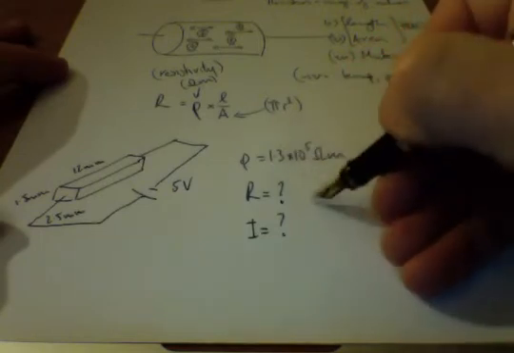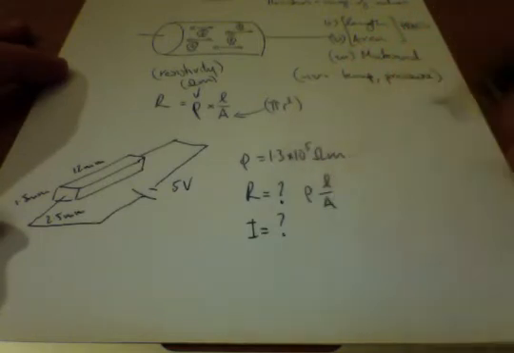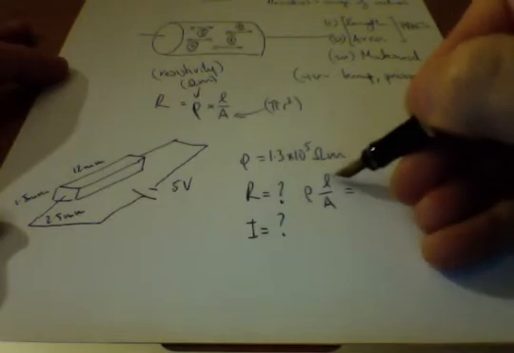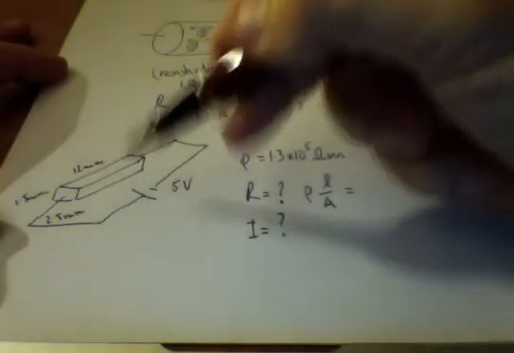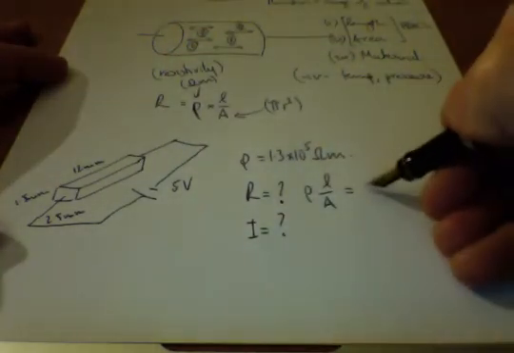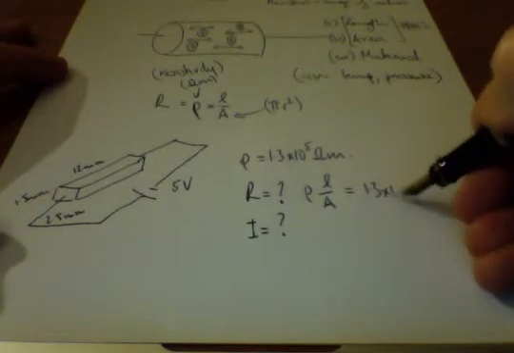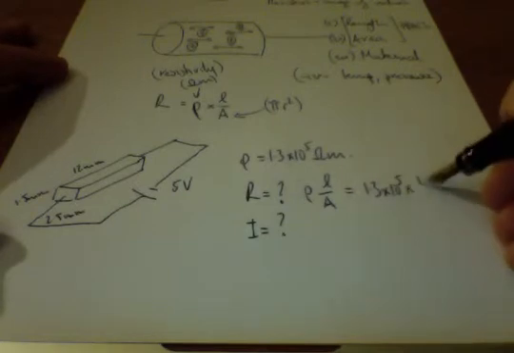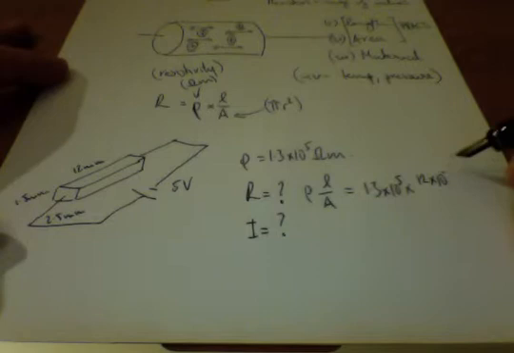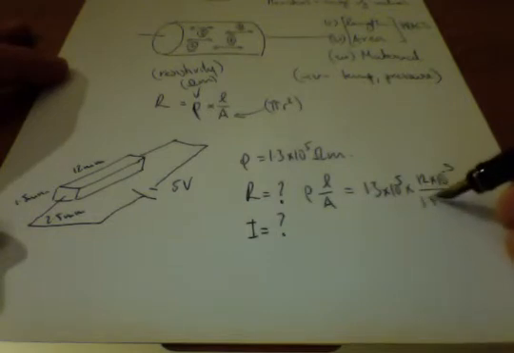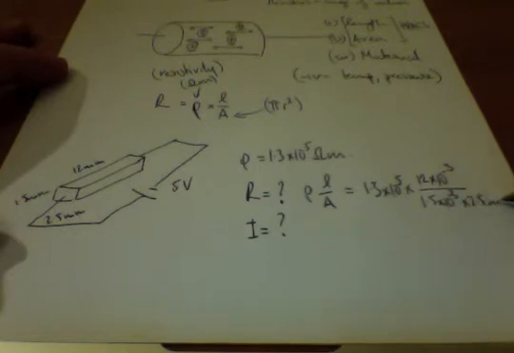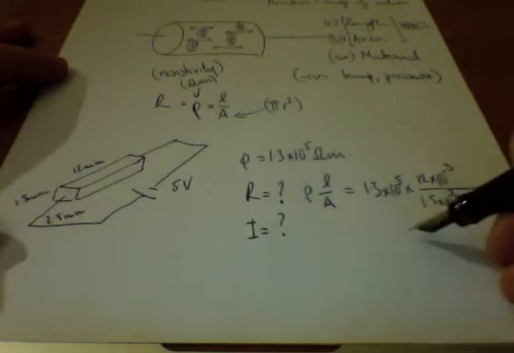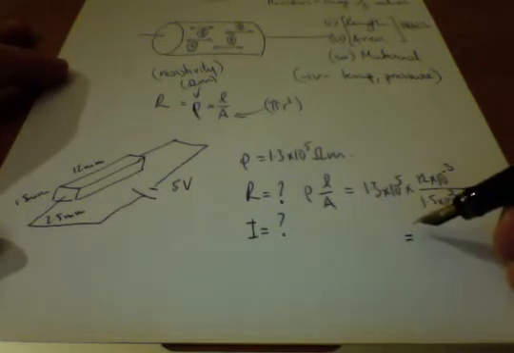Okay, first of all, resistance is rho L over A. We know what rho is. L is quite straightforward, 12 millimeters, but we need to do something with the area and work that out. So we get resistivity first. The length, 12 millimeters. Now be careful here. And our area, it's 1.5 millimeters by 2.5 millimeters. And that gives me a grand total of